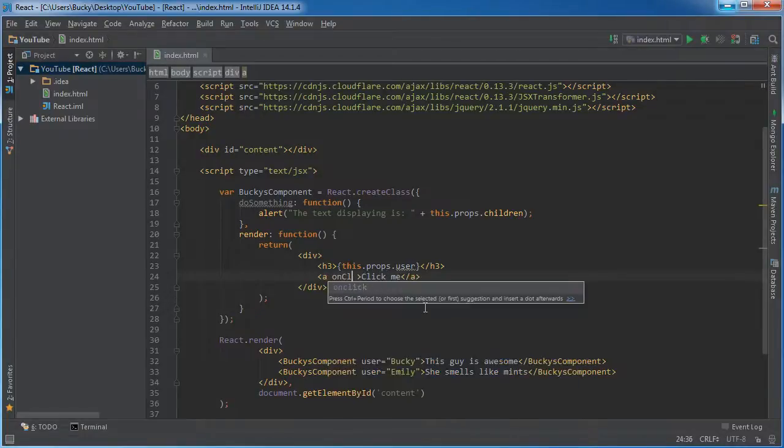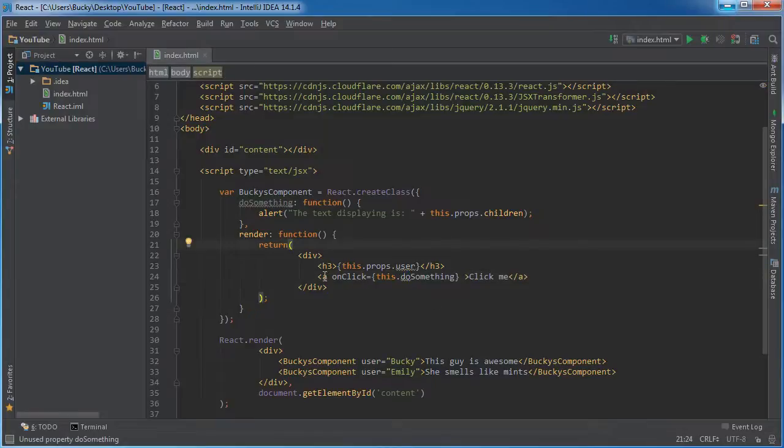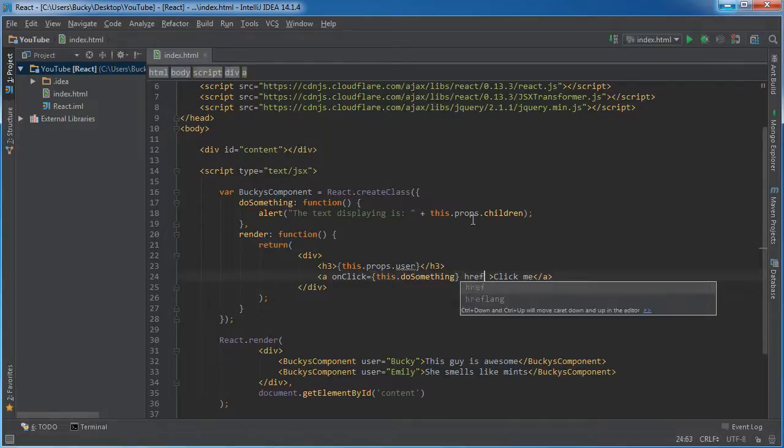And now on click, what we can say is this. Instead of a property that we're going to stick in this curly brace, we're going to say this component's do something. And I'm too lazy to type it, so I'm just going to copy it. So whenever we click this link, call the do something function. And just so I make sure it doesn't link to anything, I'm just going to make a dead link,